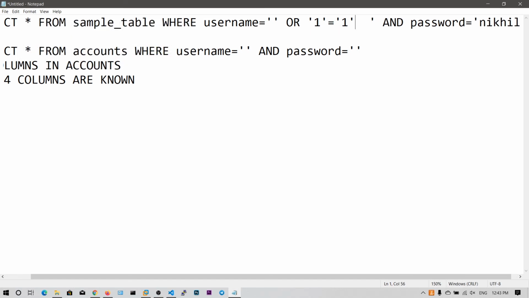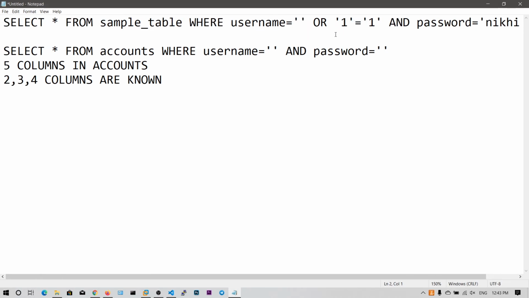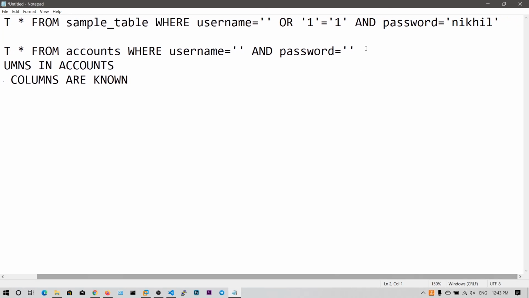I do not need to put another quotation, because there is already a quotation that belongs to this username field. So now it will be like this: username is equal to blank, or 1 is equal to 1, which becomes true.